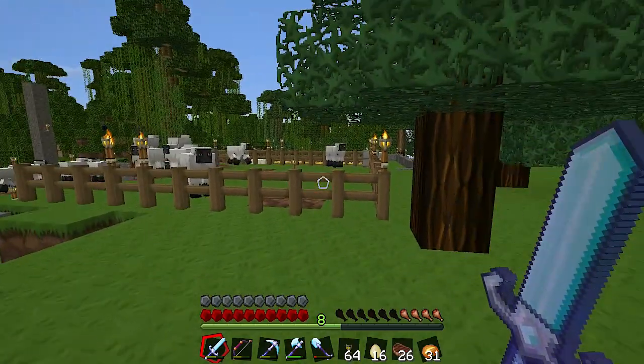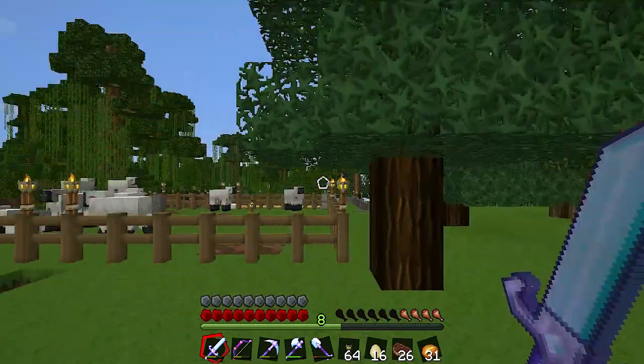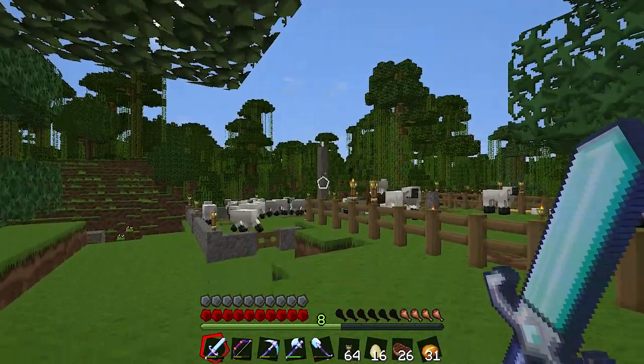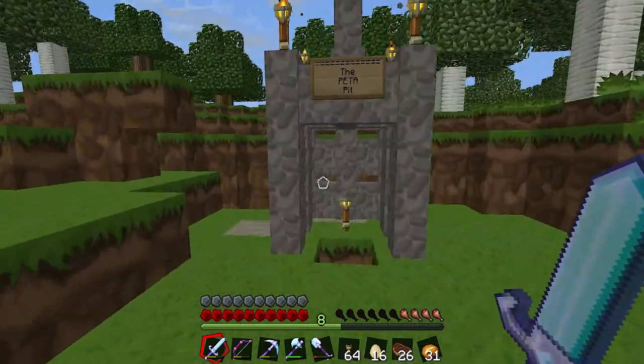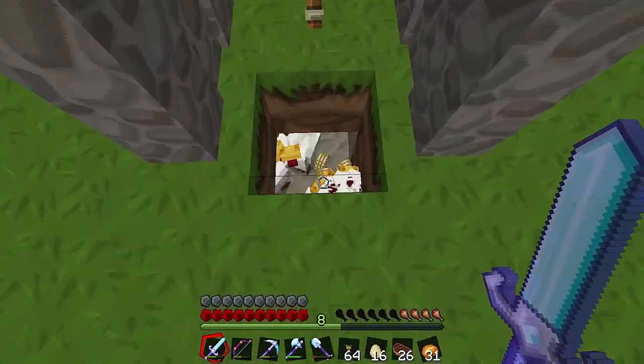I ended up coming up here and building this cheap kind of farm just to have some animals. I made a little tree farm here and whatnot. I made this big pole with some torches on it just so I could find my way back until I got my bearings. So we start off with the pita pit, which is a chicken coop, and it's just full